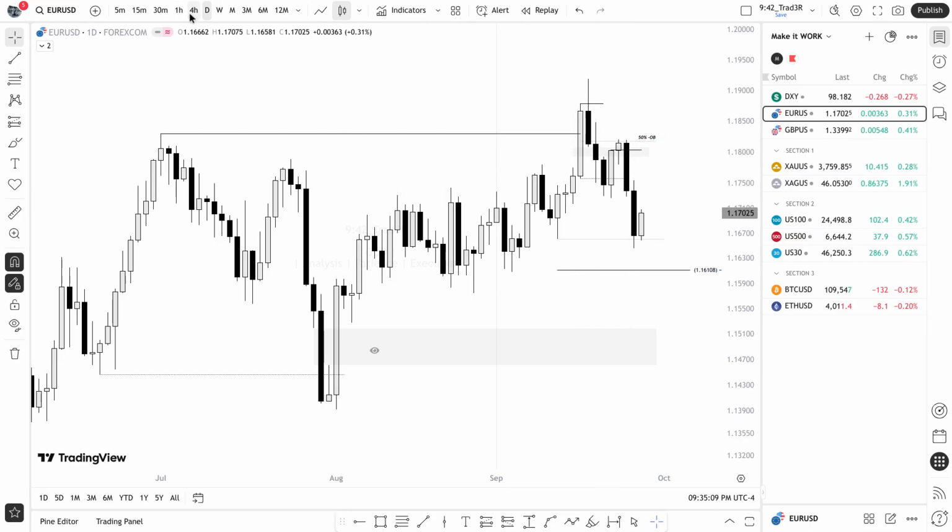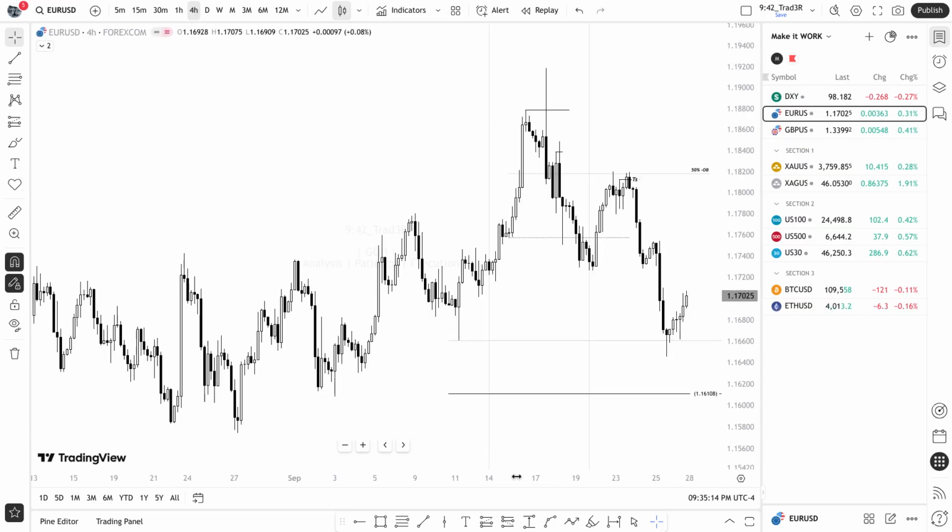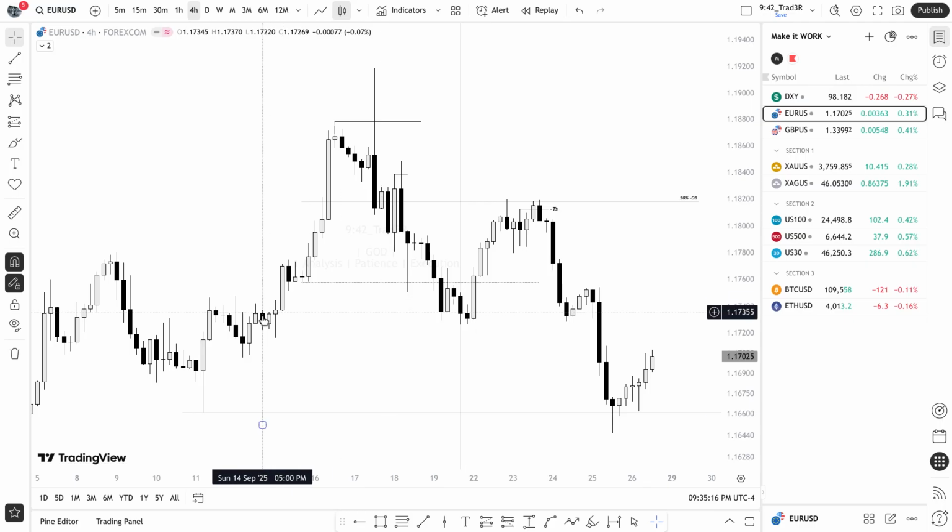So moving to the 4 hour, you see here on the 4 hourly, these vertical lines represent the opening time of the weekly range. So last week this was the opening time of the weekly range, and this is the closing time of the weekly range. So you can see how price did what? Respected the 50% of the daily order block, and after taking out this particular high, I was actually watching for